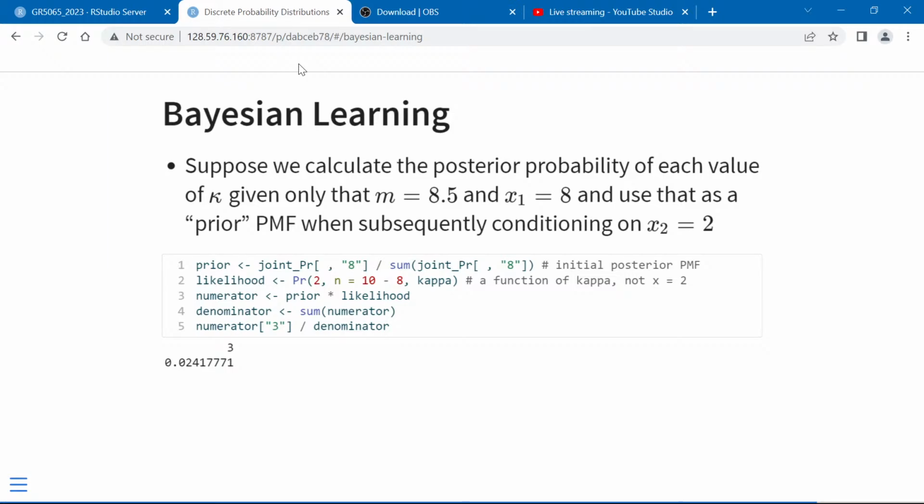We define a likelihood function, so this is going to be a function of kappa evaluated only at x equal 2 when there are 2 pins available to be knocked down. We take the prior function, multiply by the likelihood function to get the numerator of Bayes' rule, and to get the denominator of Bayes' rule we just need to sum for all possible values of the numerator. And then we can evaluate the ratio of the numerator and the denominator when the numerator corresponds to the kappa value of 3, and we get